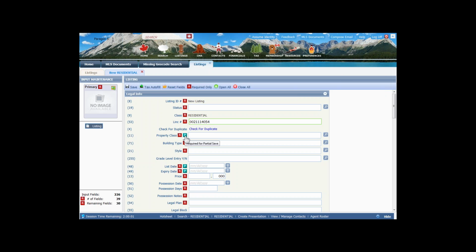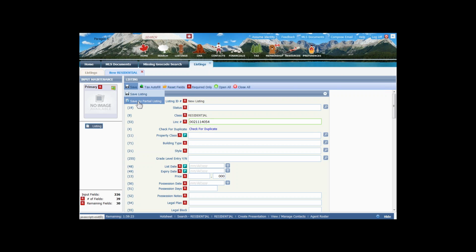As you're looking at the field, notice that there are some blue P's. Those blue P's are fields that are required in order to do a partial save. And so I don't have to put in all of my information to save that as a work in process. As I just put in the different fields required with the blue P next to it, I can then move up to the upper left-hand corner where it says Save, move down to where it says Save as a partial listing, and then save it as what you again would know as an incomplete listing. In Paragon, we call that a partially saved listing. That saves it as a work in process, and I can continue working inside Paragon, adding as much data as I want,